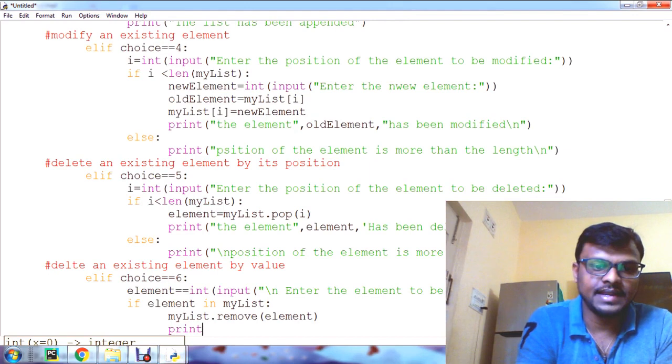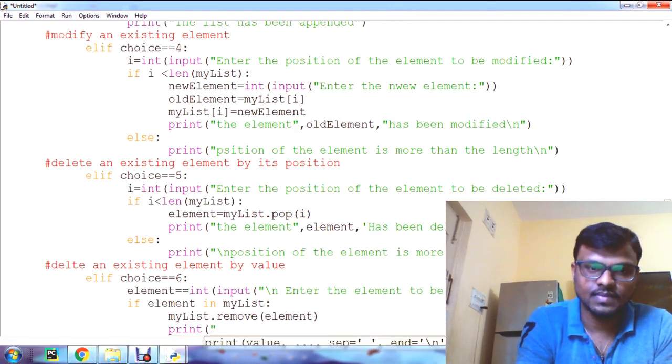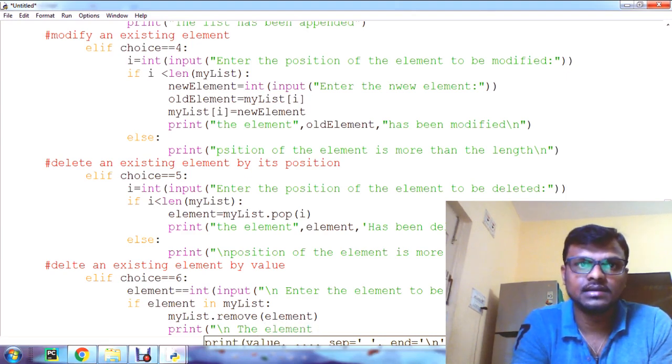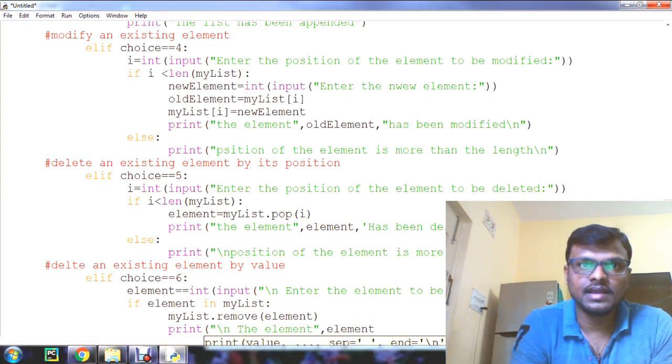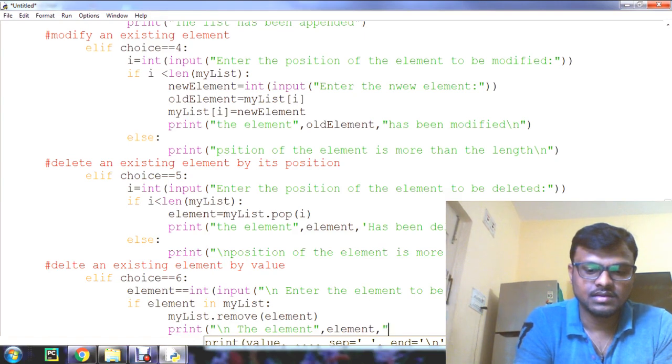After that print the element has been deleted.